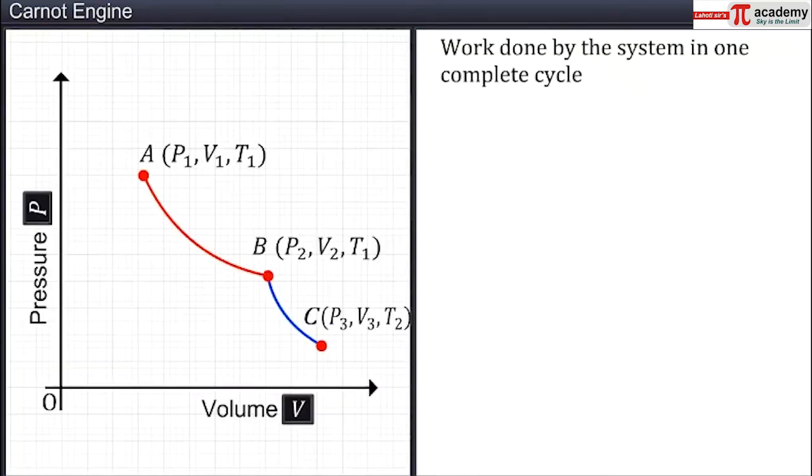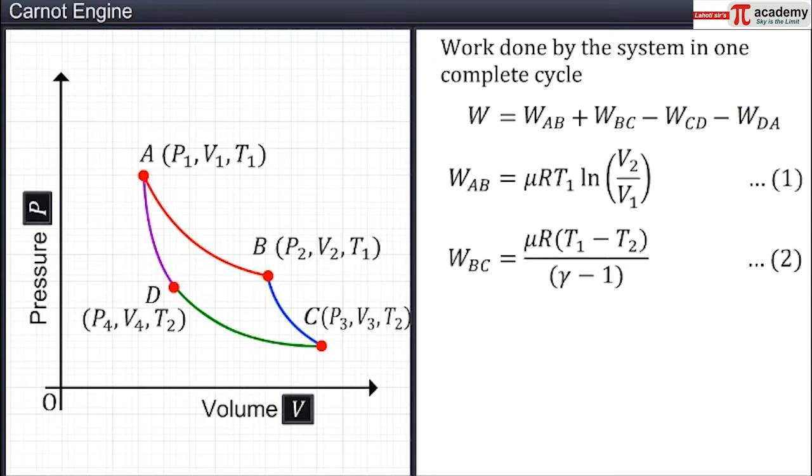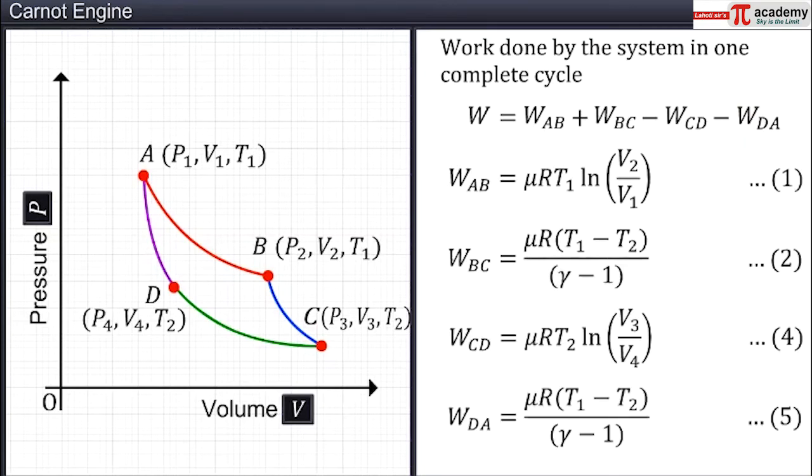In one complete cycle, the work done by the gas W is equal to WAB plus WBC minus WCD minus WDA. Note that we have taken the negative sign for WCD and WDA as the work is done on the system during the compression. On substituting the values from equations 1, 2, 4 and 5,